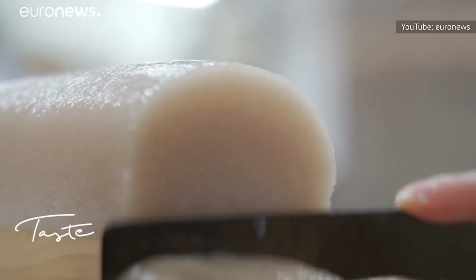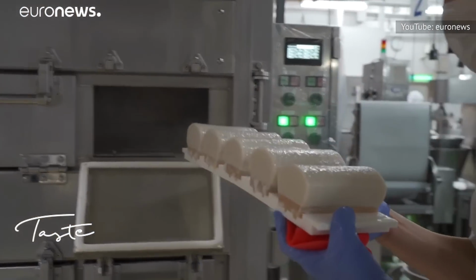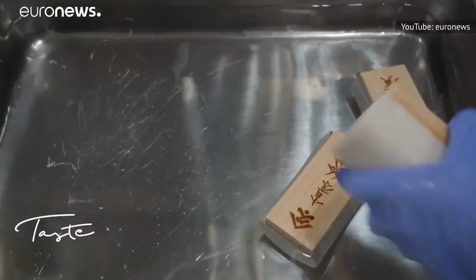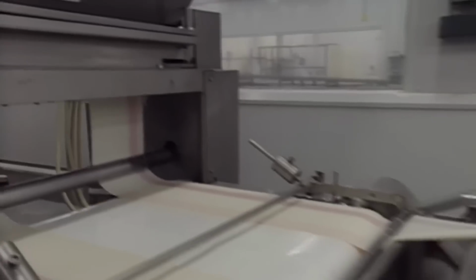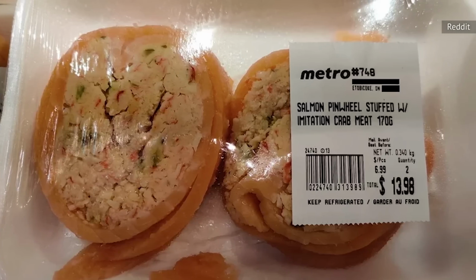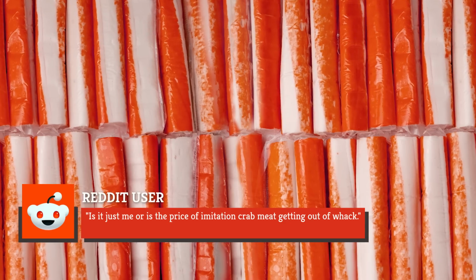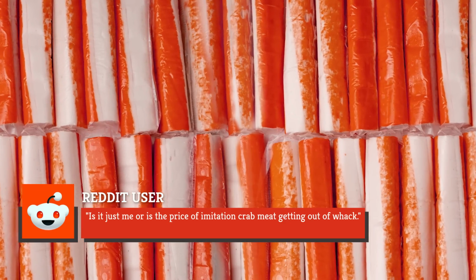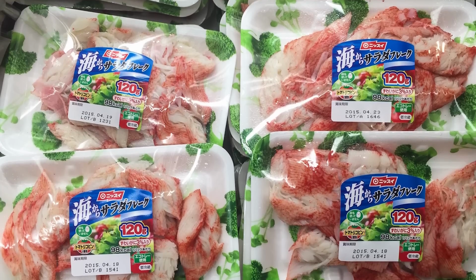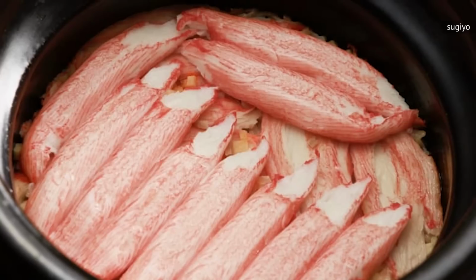In fact, in Japan, high-end imitation crab is becoming something of a delicacy. The product is specifically made to resemble the flavor and texture of the real thing. This price trend seems to be spreading globally, with one Redditor posting a photo of a 12-ounce portion of an imitation crab stuffed dish for $13.98 and complaining, "Is it just me, or is the price of imitation crab meat getting out of whack?" Some imitation crab manufacturers are even experimenting with ways to bring consumers more sophisticated versions of